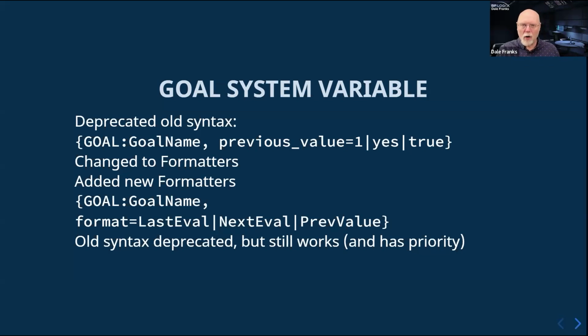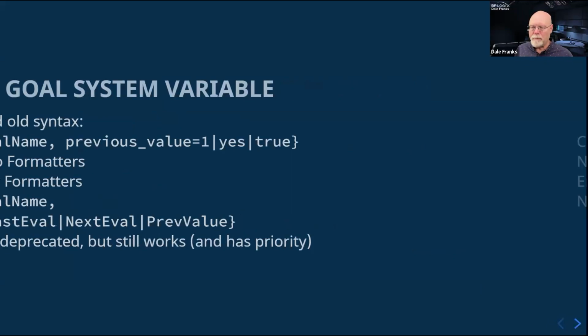If you type in goal colon my goal, then it's going to return whatever the current value is of my goal. Obviously, it's not something that I can really demonstrate much, but we can see the syntax. The syntax is there, and also the documentation has been updated to reflect this change that is coming, again, in 6.1.300.